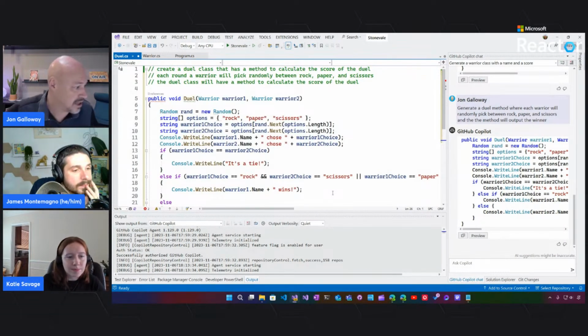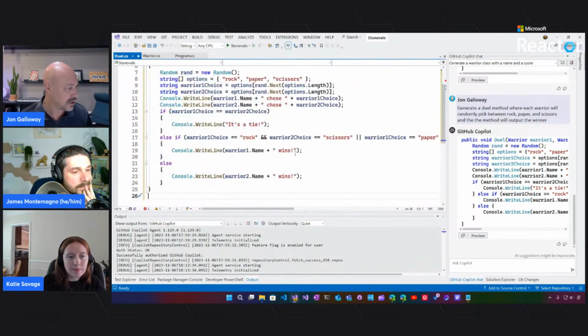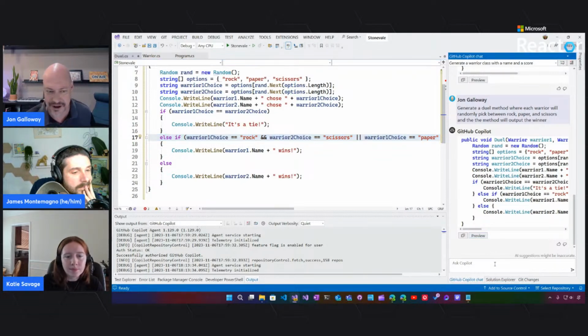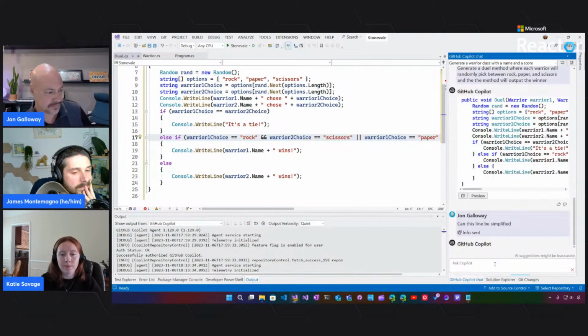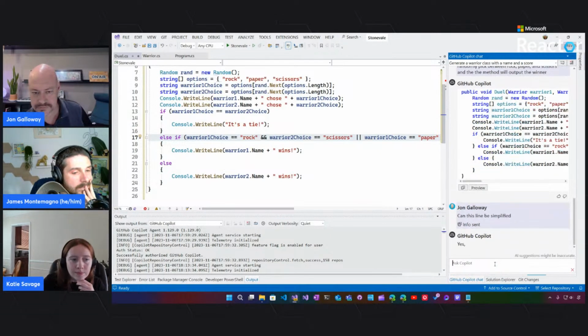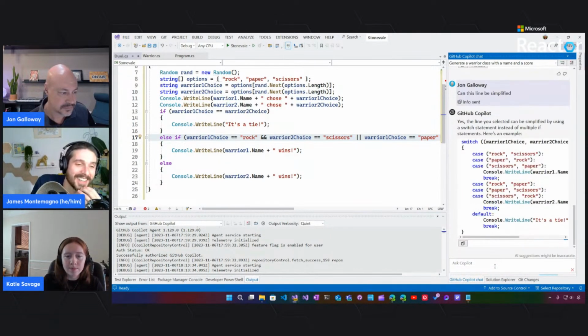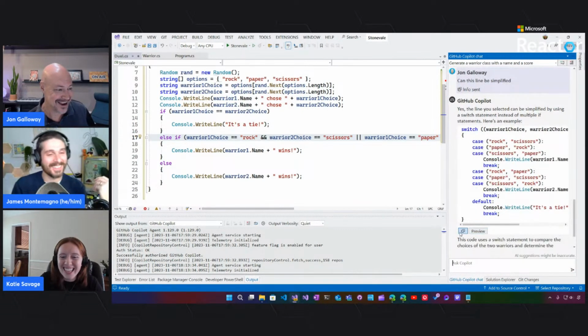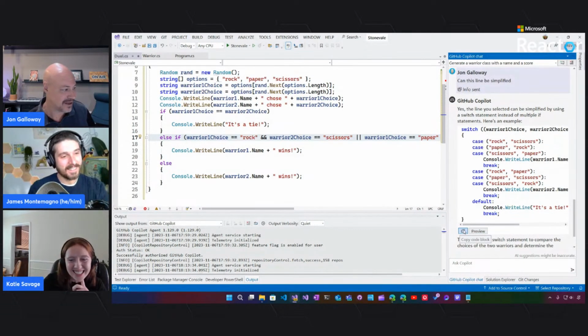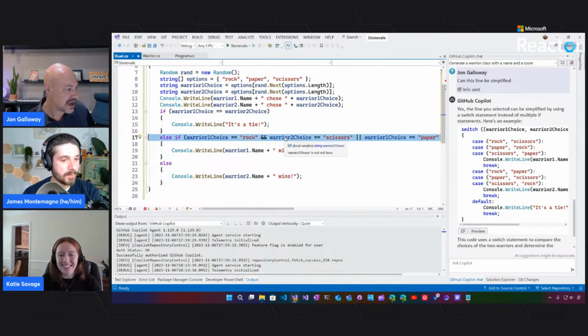Nice. Okay. So this is saying, I don't like this method here. This is kind of long. Can this line be simplified? Yes, it can, right? Okay, so I'm digging that already. And as with anything, I want to